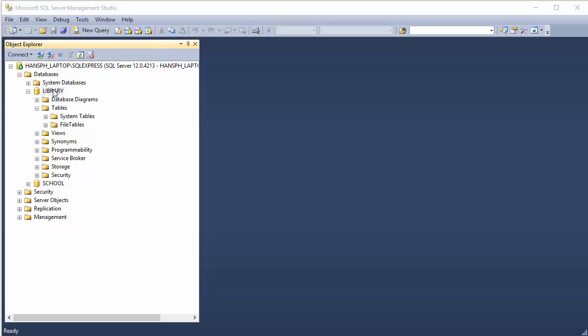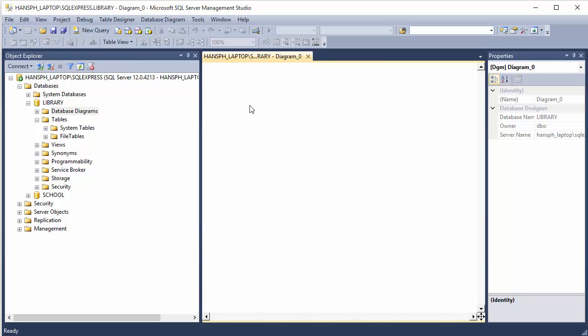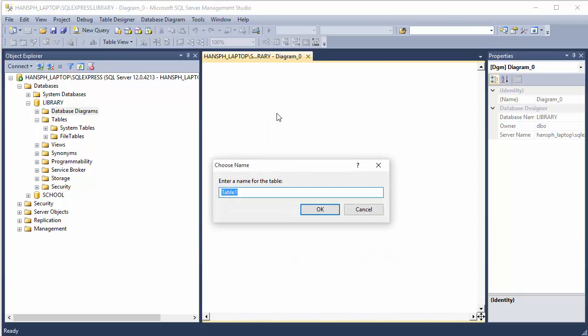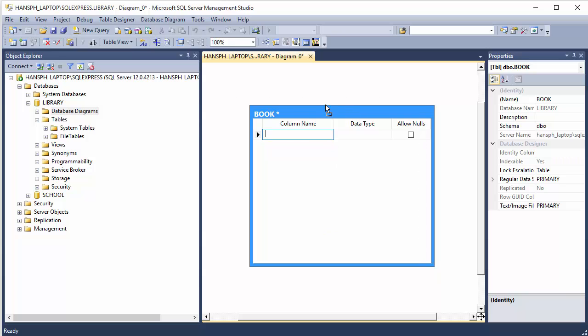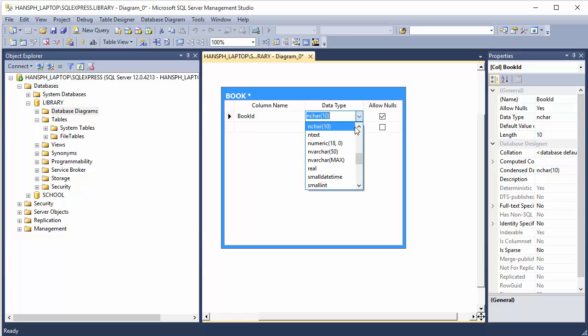So we have our library database and we have the database diagram. We right click, select new database diagram, click close here, right click, new table, select or write the table name, book, like this, and now we can enter the column name, data type, etc. So just use the same column names as in the previous example, book ID, which should be the primary key, was an integer,